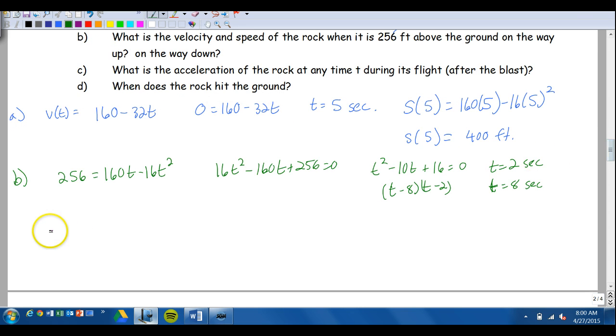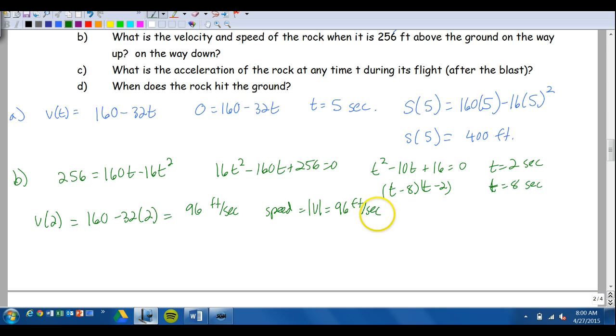So basically now I need to do my velocity at 2 seconds, which is 160 minus 32 times 2. And I get a velocity of 96 feet per second, which means it's moving in the upward direction. My speed is also that, because speed is just the absolute value of v, which is still positive 96 feet per second. But at 8, on its way down,